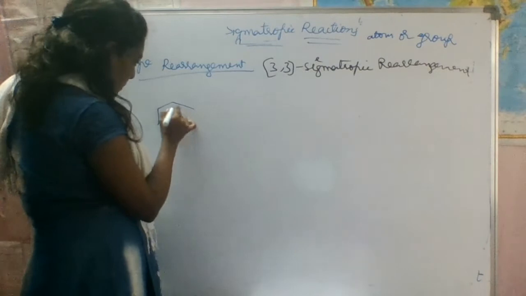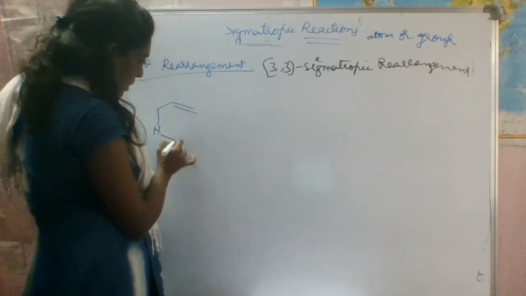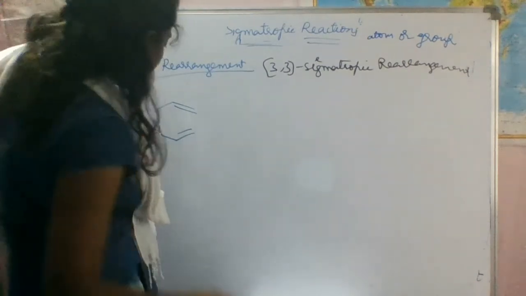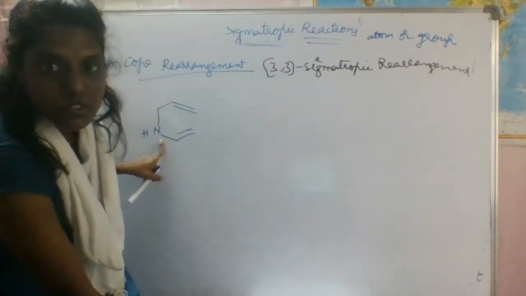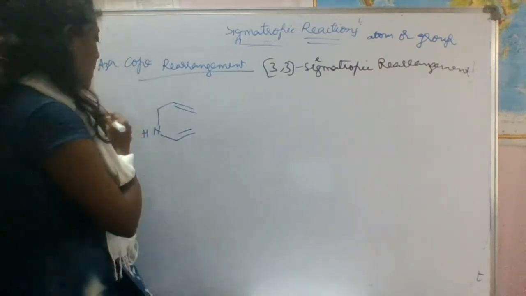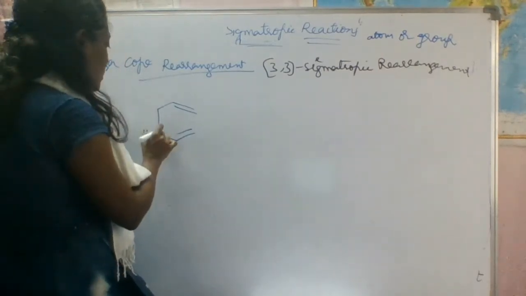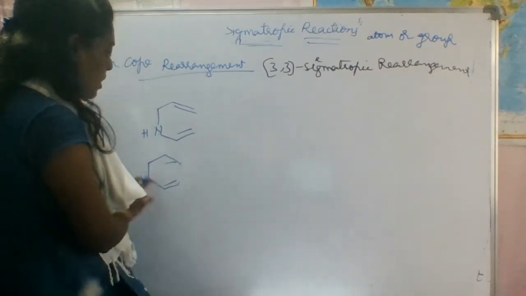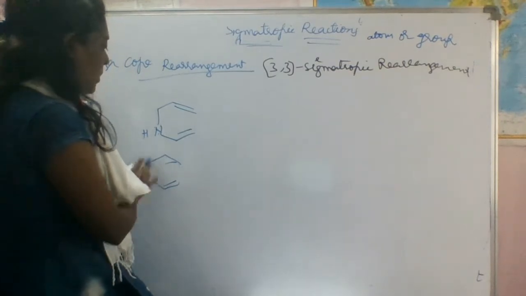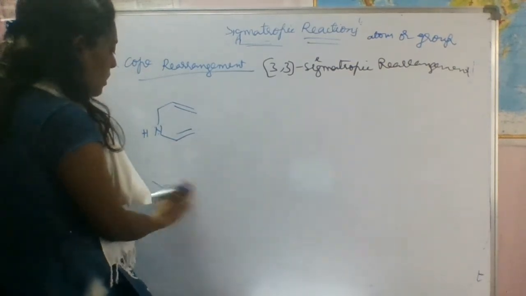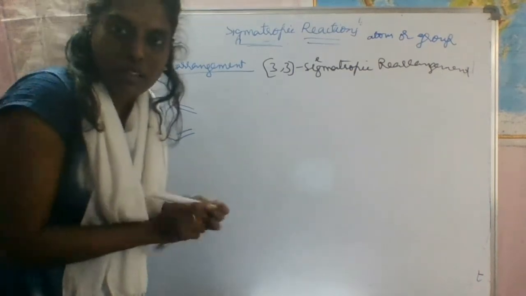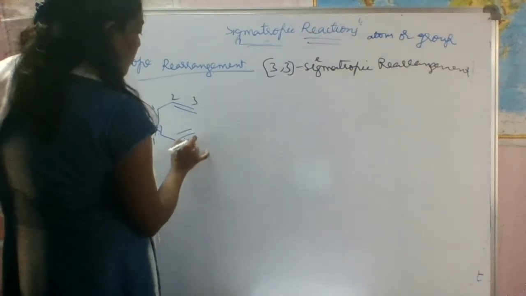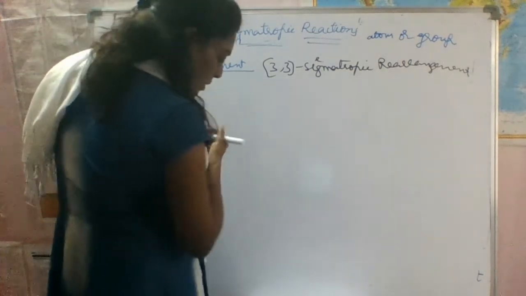Here, double bond is there. I want to write this NH, right? The only difference is there is a nitrogen instead of carbon. Actually, it will be like this. So instead of carbon, we have to substitute this NH. Next, the remaining is the same. We have to give the numbering 1, 2, 3, 1, 2, 3. So we will give the same.